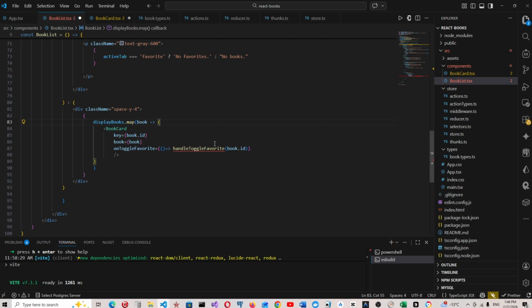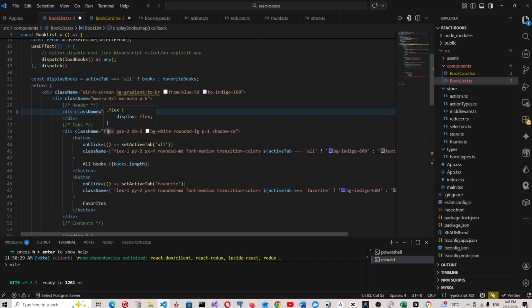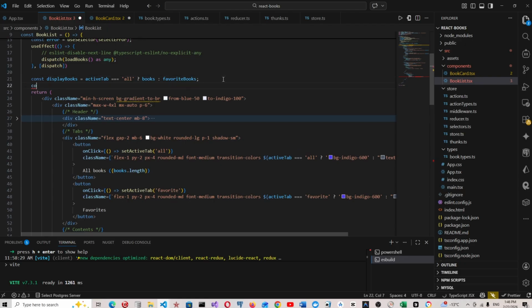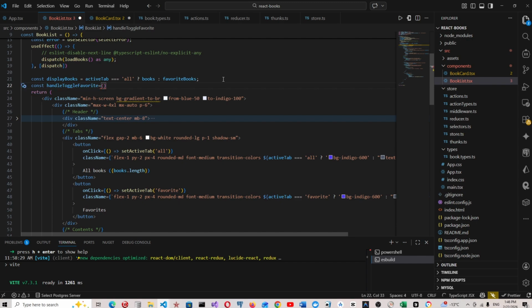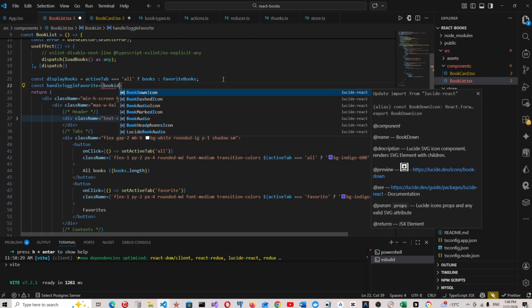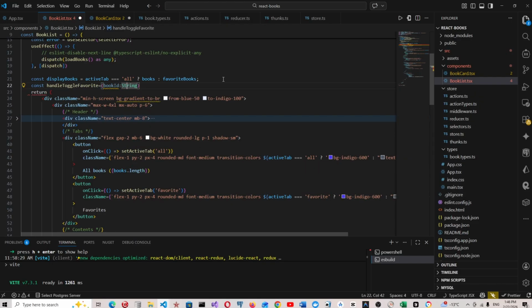The book is this current book, so we get the book ID. So const handleToggleFavorite equal to bookId, type of string, and it will return